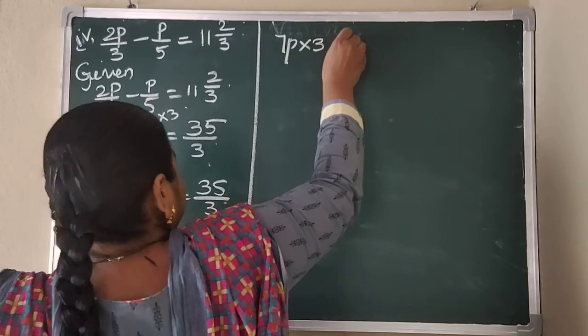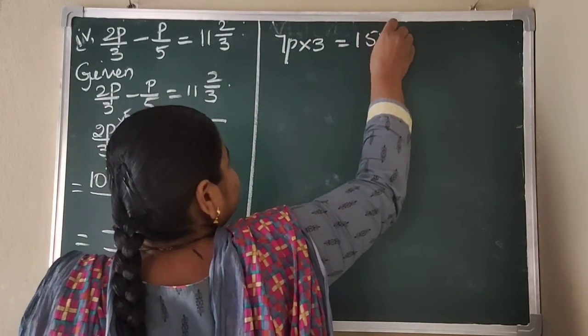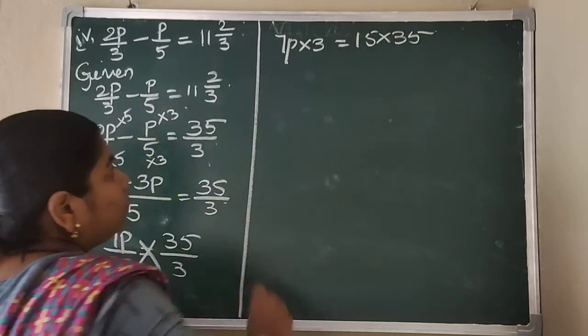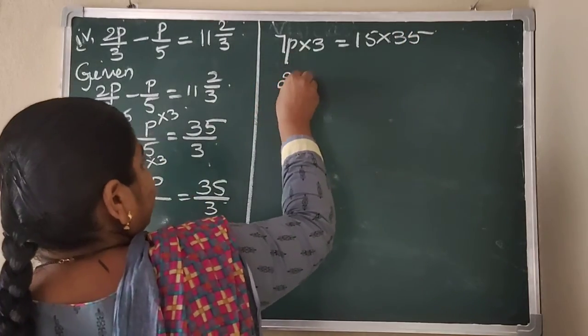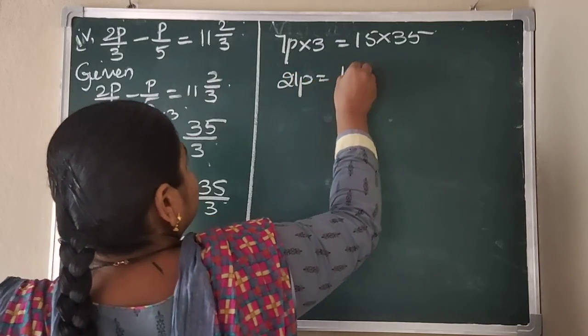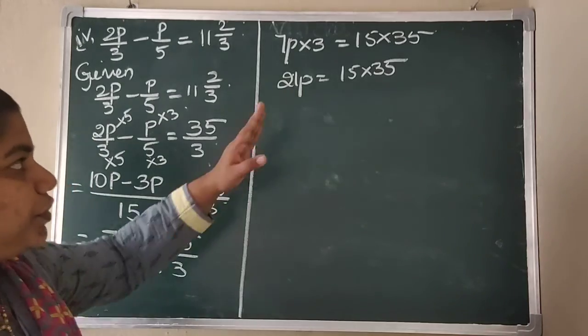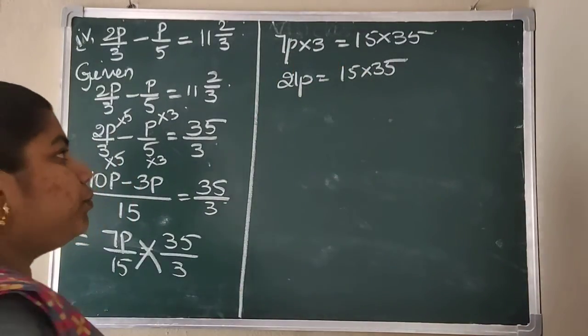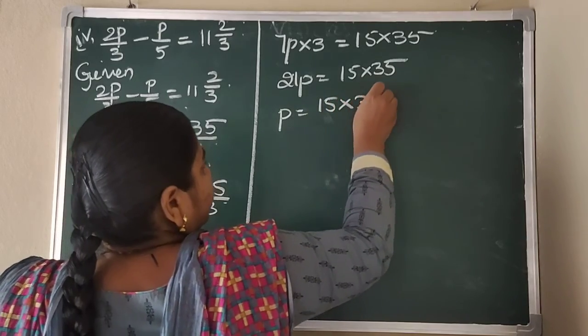7p into 3 is equal to 15 into 35. Okay, so 7 3s are 21, so 21p is equal to 15 into 35. Transpose this 21 to the other side, that will be converted to division. So p is equal to 15 into 35 by